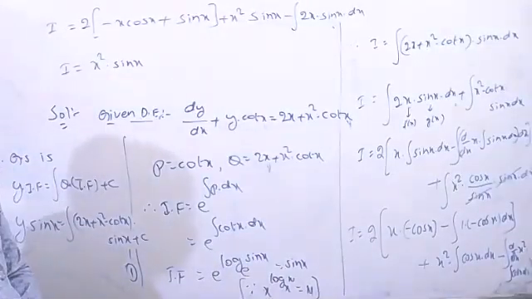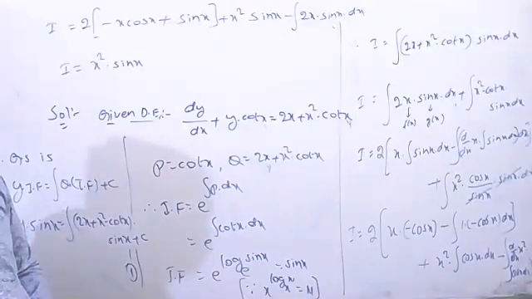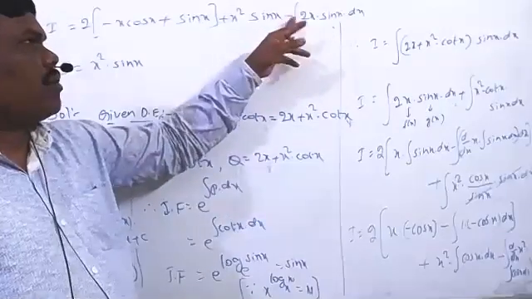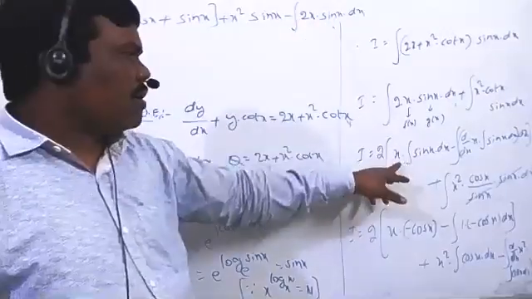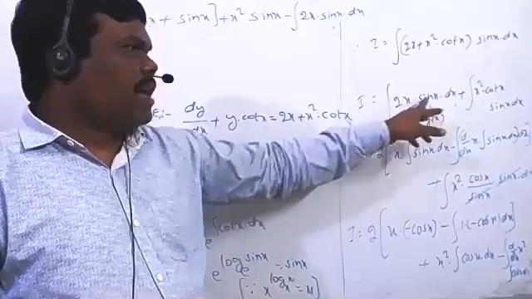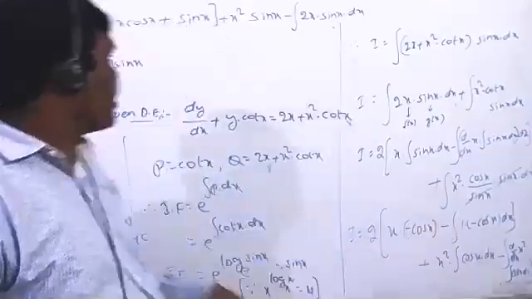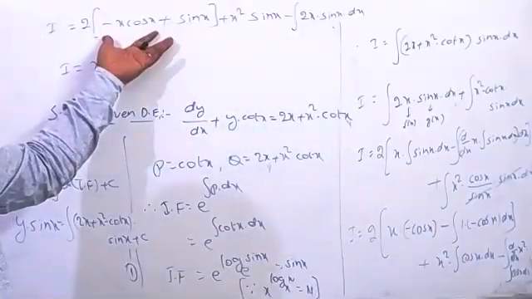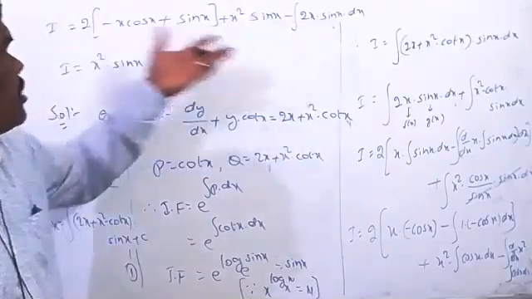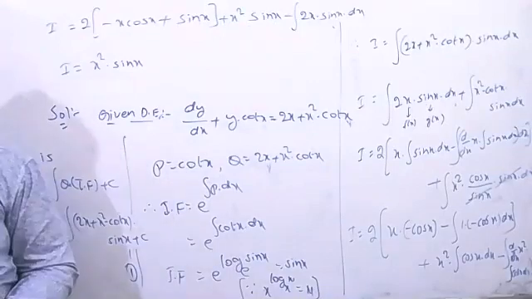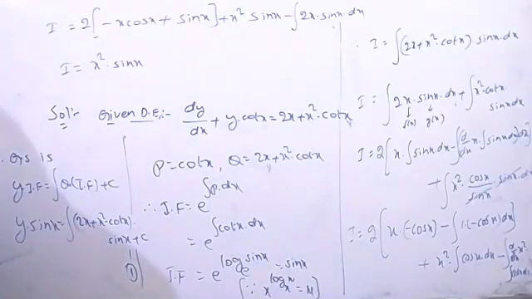No need to take the complete procedure, or else if you want, you can prove that clearly. If taken 2 outside now, x into sin x. See, already we got now x into sin x. 2 you can take outside, means x into sin x, we're applying the by parts. So clearly we got now 2 into this entire thing. This is the positive, this is the negative. The 2 will be cancelled. The remaining is I equal x square into sin x. Now you can simplify that. So clearly we got x square into sin x.